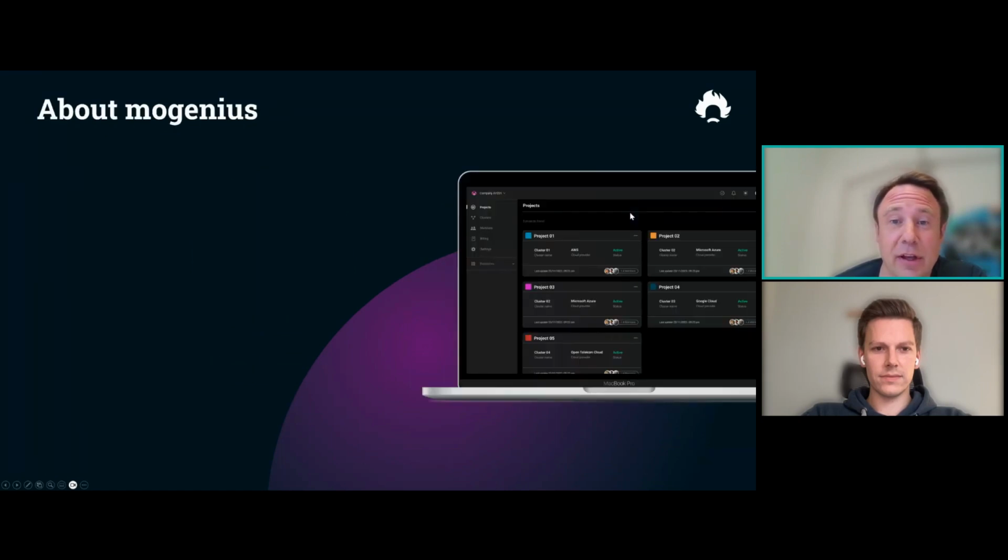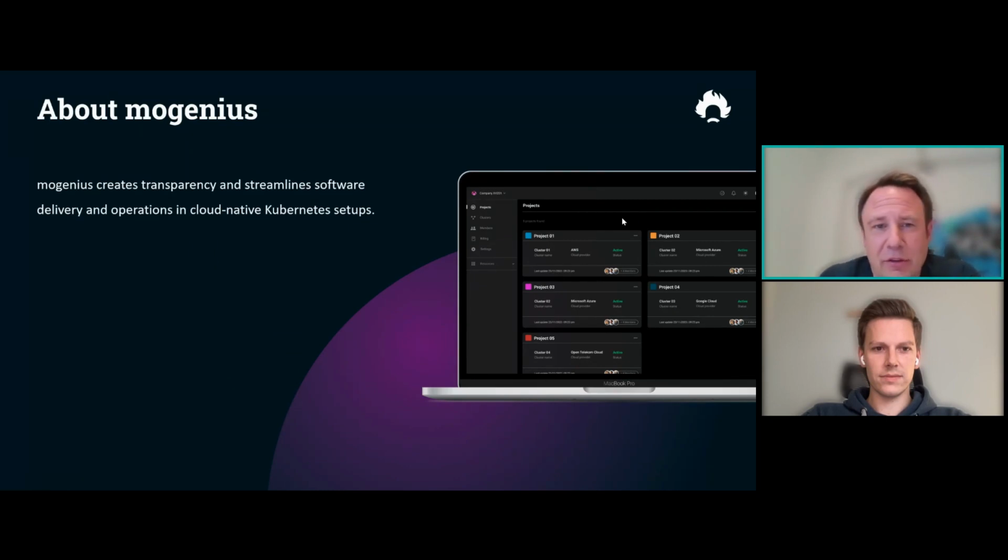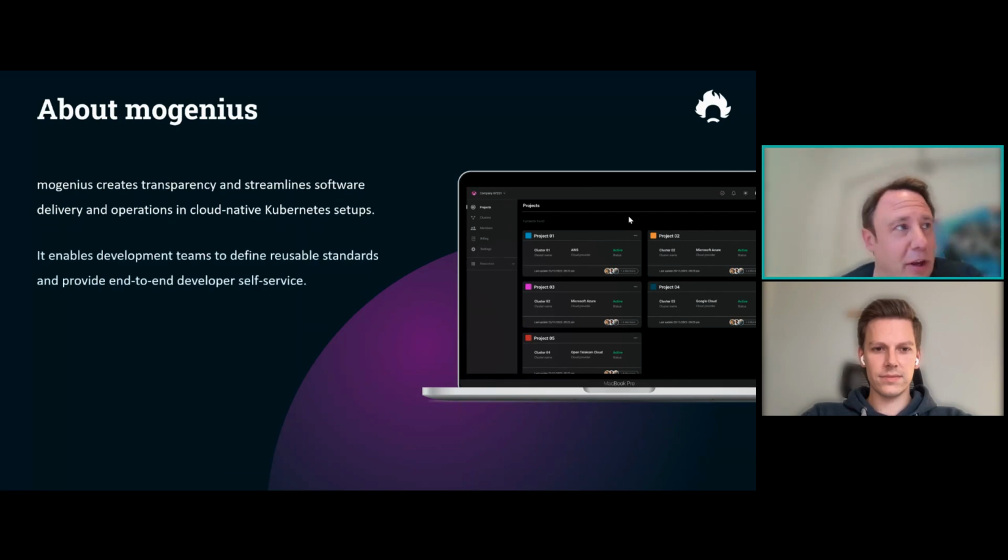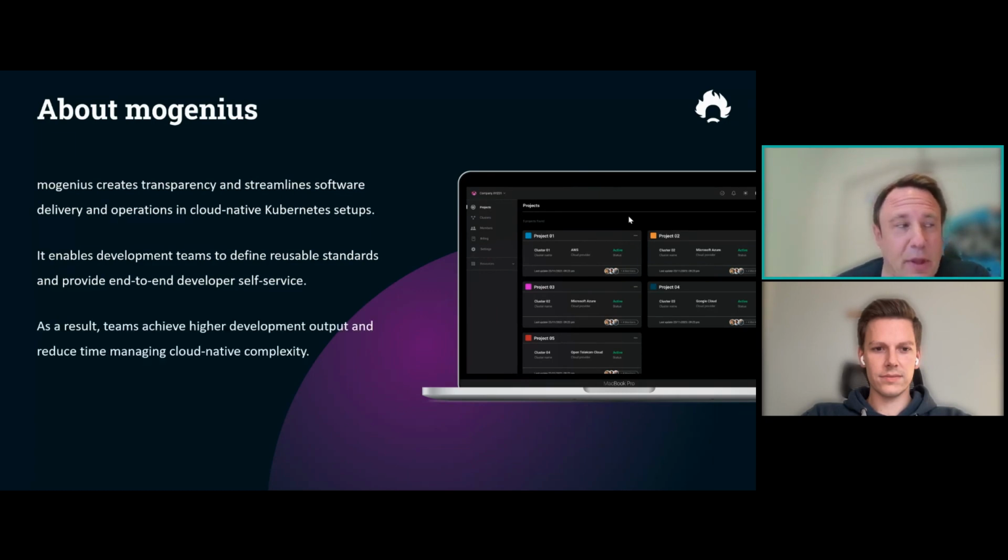And our goal is to support platform engineering teams in the platform engineering initiative with an internal developer platform that streamlines software delivery and operations in cloud native setups, especially in Kubernetes environments. And that helps you to define reusable standards and provide developer self-service from end to end. And with that, you can achieve higher development output and reduce your time managing cloud-native complexity.